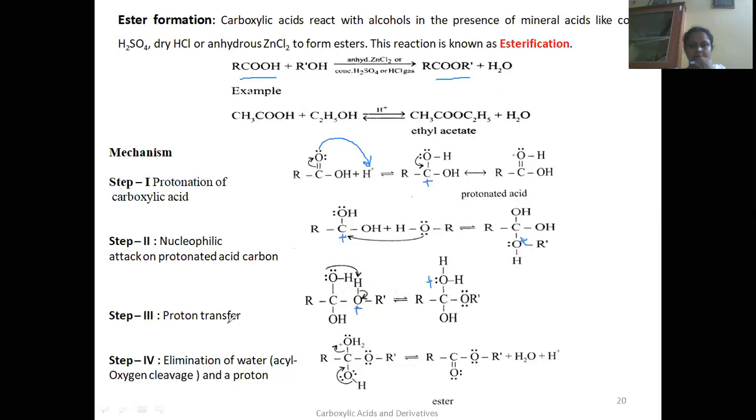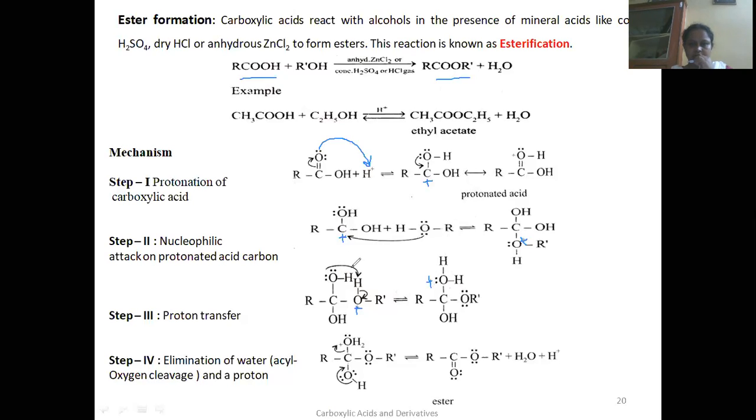See here, proton transfer. From where is it transferring? It is transferring from this alcohol to this acidic OH. This proton H+ is leaving without electrons and it will form a bond with this oxygen. This oxygen will donate a pair of electrons to this hydrogen. See here, a bond is formed between the oxygen and hydrogen. The lone pair is donated to this hydrogen, therefore it is getting a positive charge.